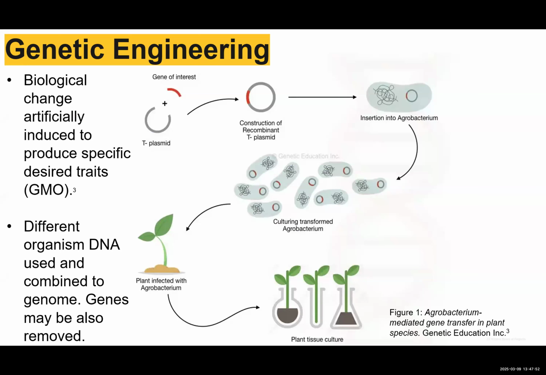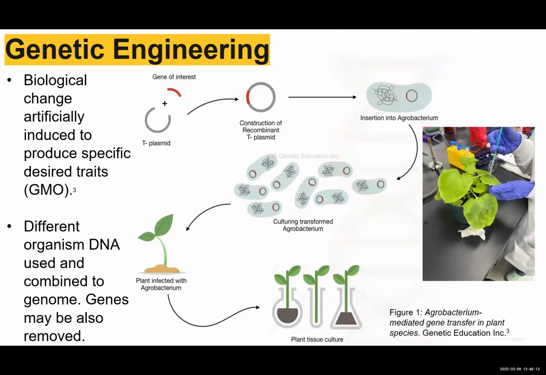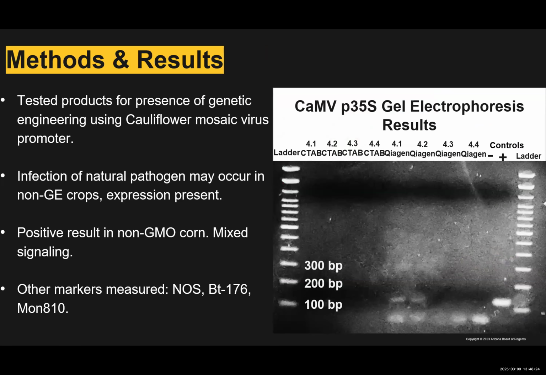agrobacterium infiltration. We artificially induced these changes, and we used different organism DNA and combined that into the plant genome. Once that bacteria was able to insert itself into the host genome, it's able to replicate itself, and you now have a transgenic plant. You can see in this picture the process that my team and I did for that agro infiltration process. That then led to the next semester, and we were testing products to test for